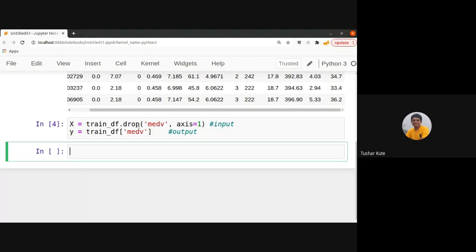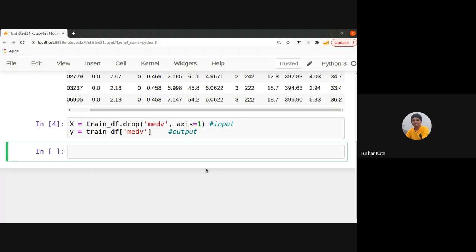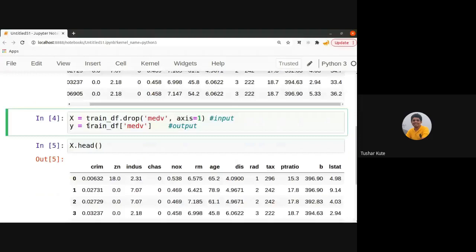So from the data set, I have dropped the MEDV column. Axis means it's a column. The remaining others are taken as input. MEDV, the output variable, I'm storing into the Y variable.